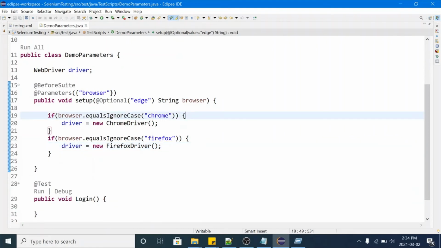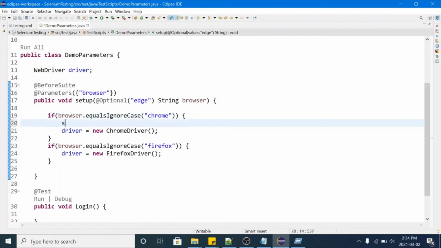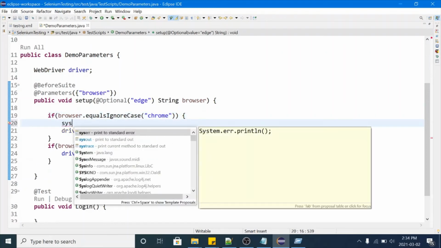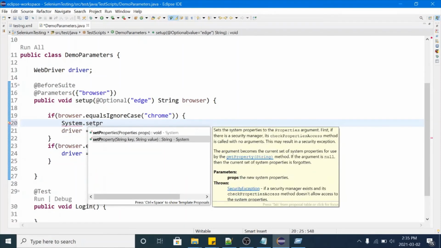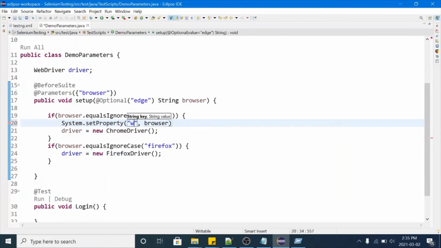For ChromeDriver, System dot setProperty, webdriver dot chrome dot driver.